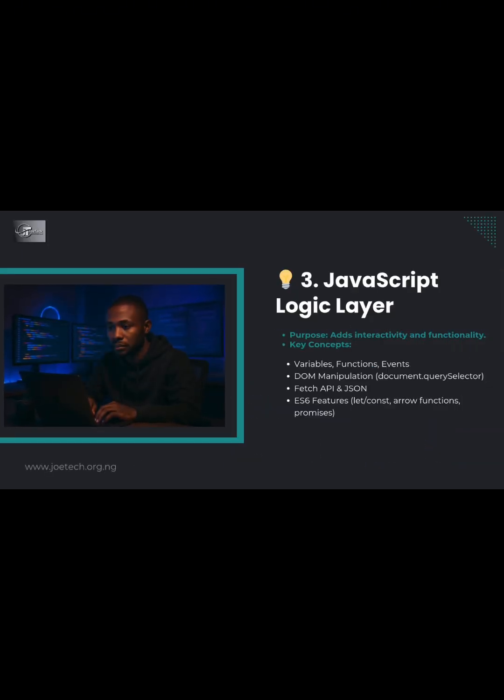Whenever you create a form with HTML, it cannot submit by itself, but with the help of JavaScript and the internet, it can be submitted to the other end. That is how JavaScript works. It creates a lot of manipulations, which are called DOM manipulations, and the ES6 features, which involve the arrow function or the normal function. A lot of things can be done with these